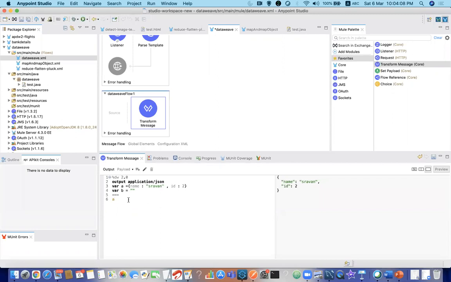So the payload that is coming in, think of that as a parameter to your method, and the body of your Java method is nothing but anything after the three dashes, which is the body of the DataWeave script. That is similar to the whole logic that you write in your Java method.